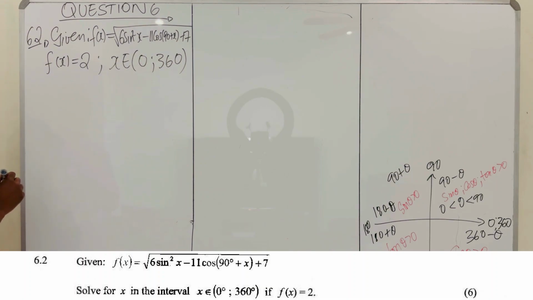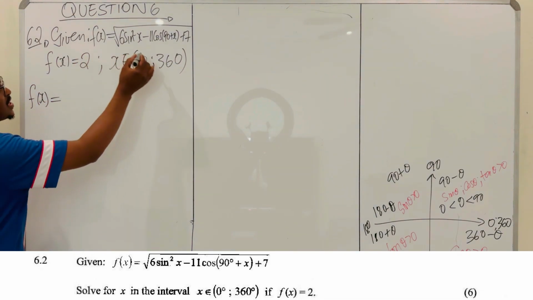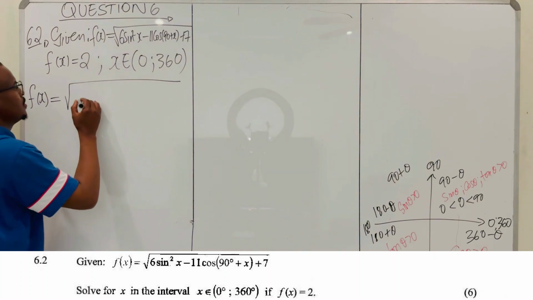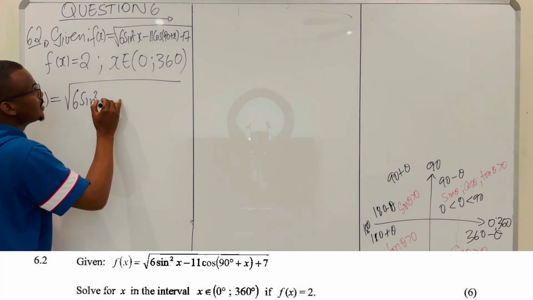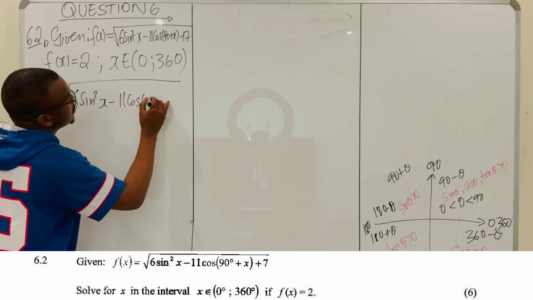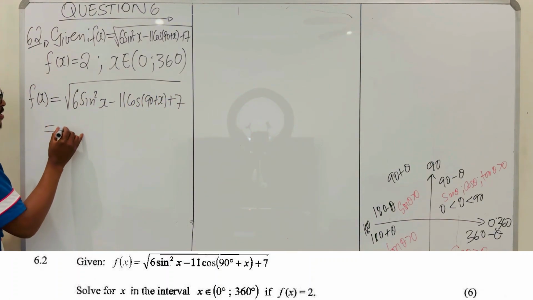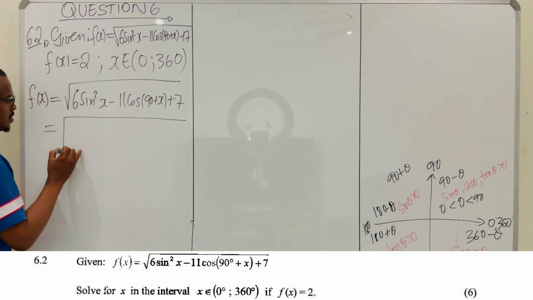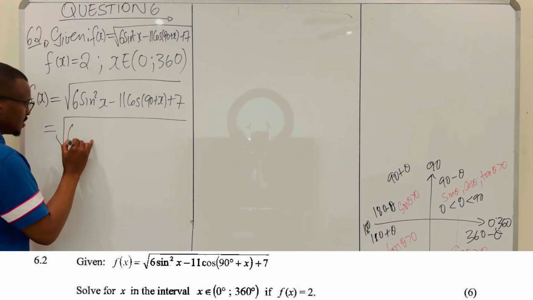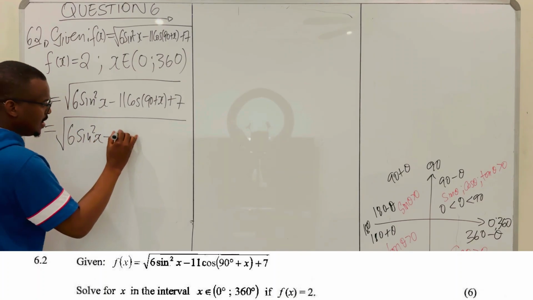No problem. This is not a problem. So we're given that f of x is equal to 2, which is the same as the expression 6 sine squared x minus 11 cos(90 plus x) plus 7. Let's first simplify this part here. This is equal to 6 sine squared x minus 11